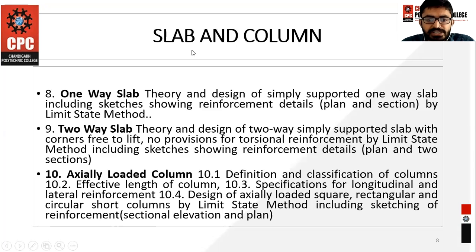So these are the types of slabs and the column. What is one-way slab and two-way slab? Okay, so this is the thing that we need to cover in this whole subject. What is a slab? As you simply know, the roof slab, that is slab. But we have two types of slab, that is one-way slab and two-way slab. After that, we need to know about the things like the one-way slab and the two-way slab.